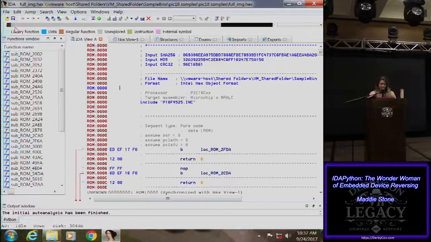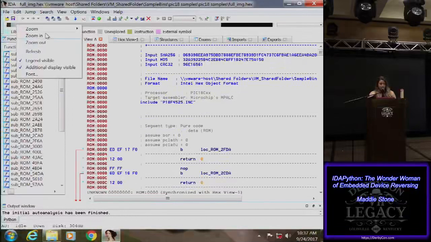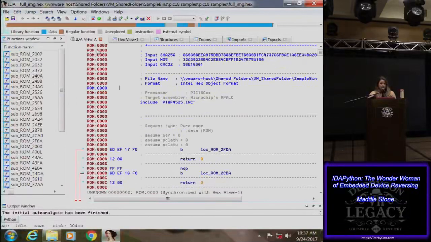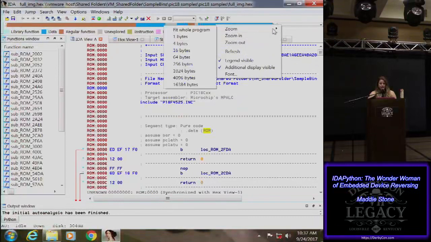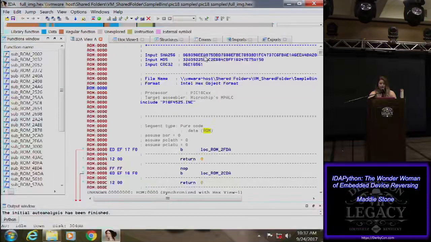And then let me zoom in so y'all can see what this knows on the top of the screen. Oops. So that's a little too zoomed in. So what we can see is it was able to define a couple of different segments as shown by these black bars at the top. We have a lot of code that it says is code, but it doesn't quite know. The blue,